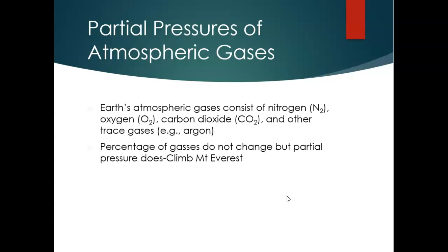The percentage of these gases does not change depending on your elevation, but because the total partial pressure, or the atmospheric pressure, changes due to elevation, the partial pressure of these gases is going to change due to elevation. So if you think about this, if I draw a picture here,